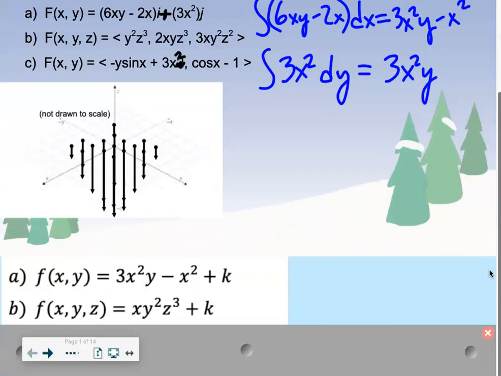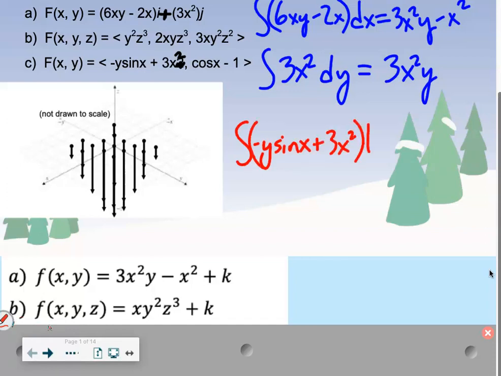Second one. Hopefully no issues with the second one. xy squared z cubed. Good. And I said just find a potential function, so I guess technically you don't have to have the k. That's fine. And then the last one, if we do the integral of negative y sine x plus 3x squared